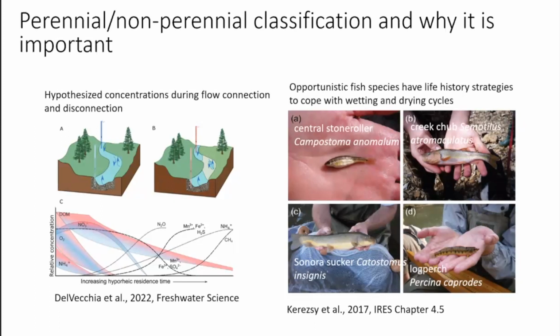You have different relative concentrations depending on if things are dry or wet, and it also will then change in time. And again, this is hypothesized. This is all stuff that they're still trying to figure out. And as well, there's all kinds of critters that I don't know anything about, but they also live and dwell in these systems. So again, accurate classification of perennial and non-perennial allows us to scale up information at this level and at this smaller watershed scale up to these larger landscape extents in order to draw some larger conclusions.